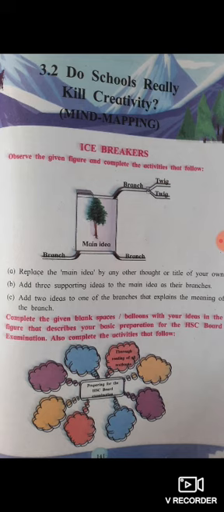And like in the figure, one branch has sub branches, that is twig and twig. So you have to take another main idea, and other branches of that main idea, and other sub branches of that main idea.